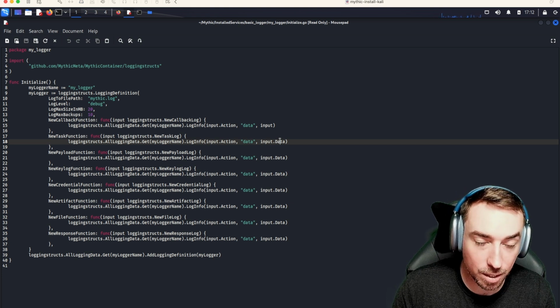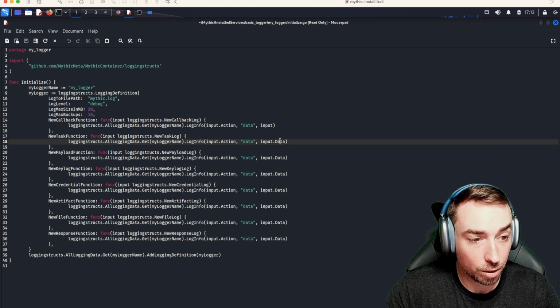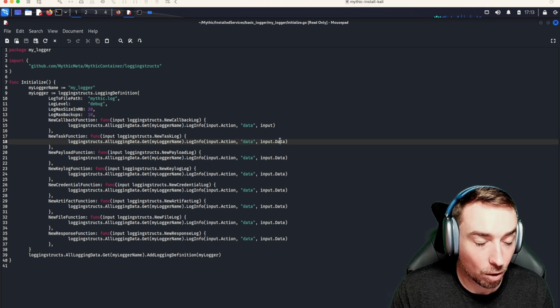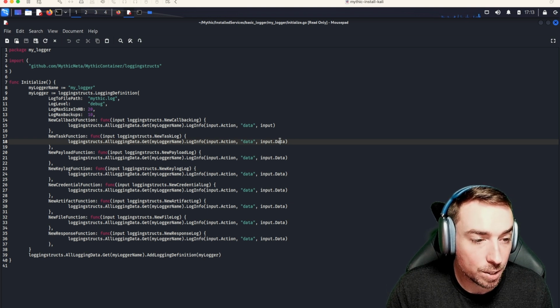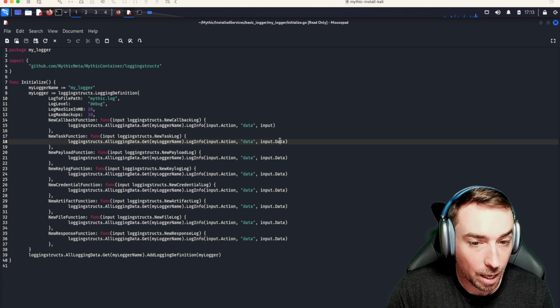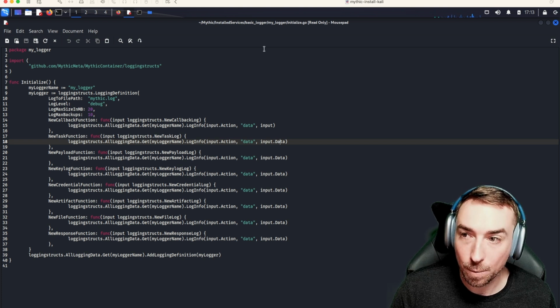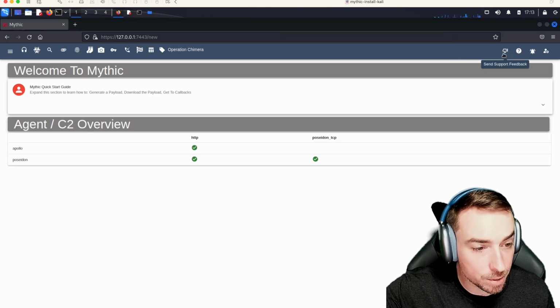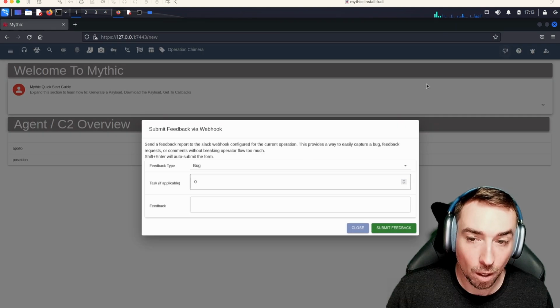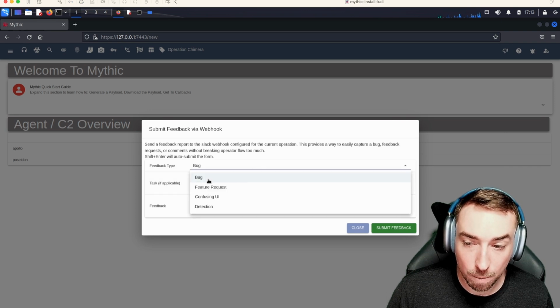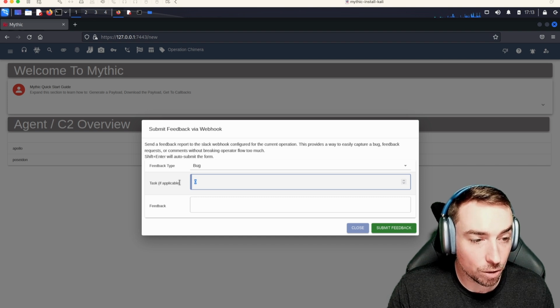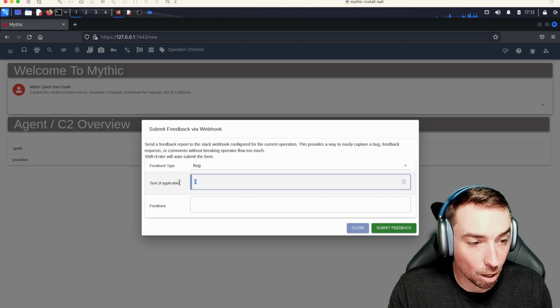Additionally, because this is part of the standard containers and services associated with Mythic, if you get data on any of these channels, you can then use that to hit the Mythic RPC calls and enrich that data. For example, with the webhook containers, whenever you go up here and click this little thumbs down icon that says you want to submit feedback, what we do is, if you submit a bug and you specify a task number, that container goes through, uses that task number and the operation where you identified this to fetch more data